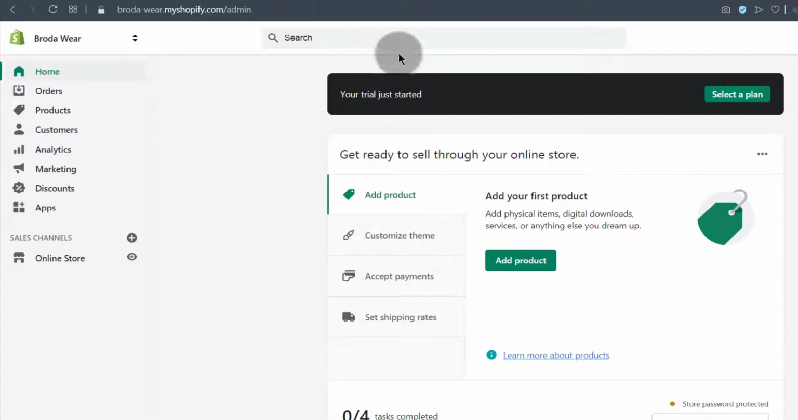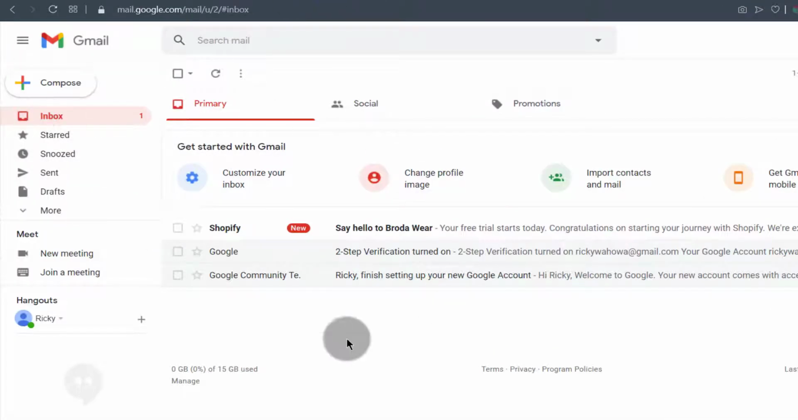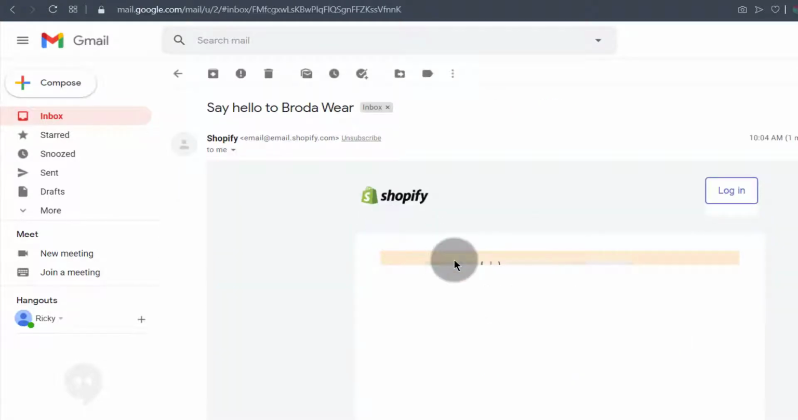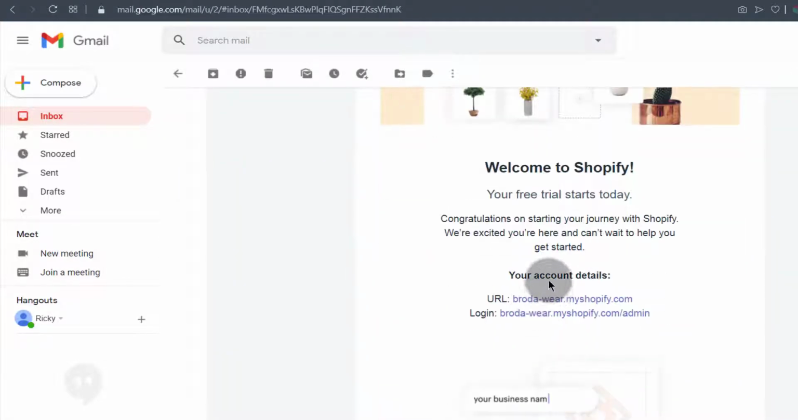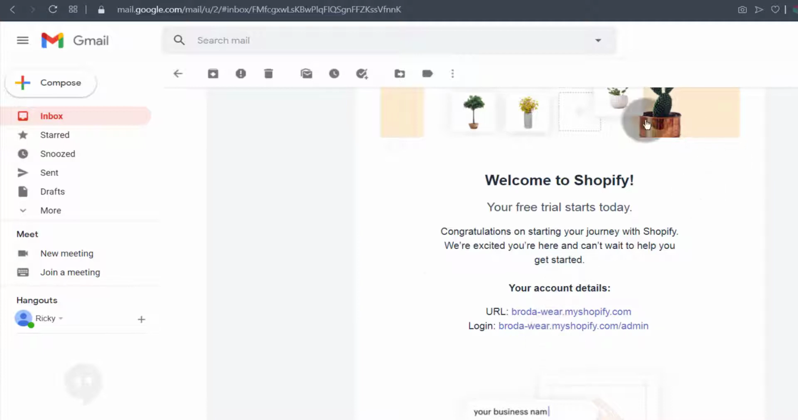So let me go to my email and see if there's anything that I will need to confirm on that side. If I need to confirm my email address, I'm not sure if that's something I need to do. Let's just see. Okay, so I don't need to confirm anything,